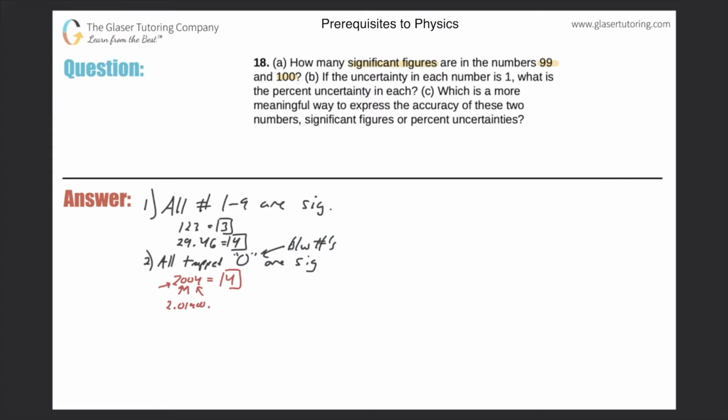2.01900. 2 decimal points would be weird. 2, let's call it. Okay. This number would have a total of 1, 2, 3, 4, 5, 6, 7 significant figures. All the values 1 through 9 are significant, and the zeros are all considered trapped. Okay, great. Number 3, third rule, all preceding